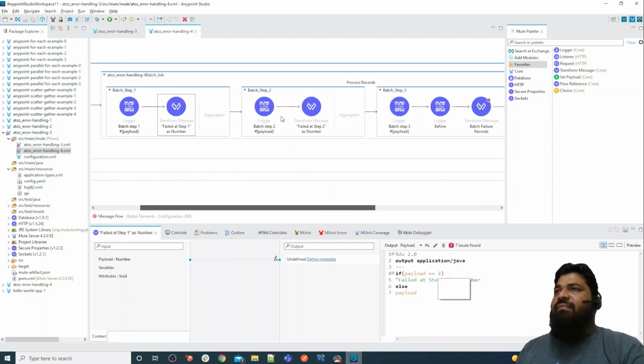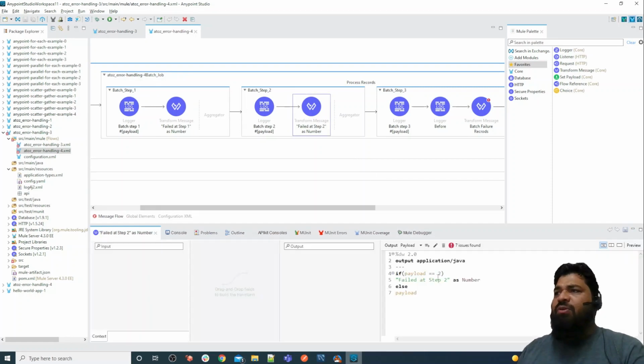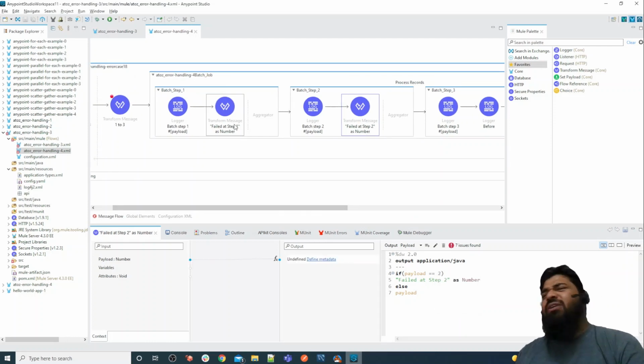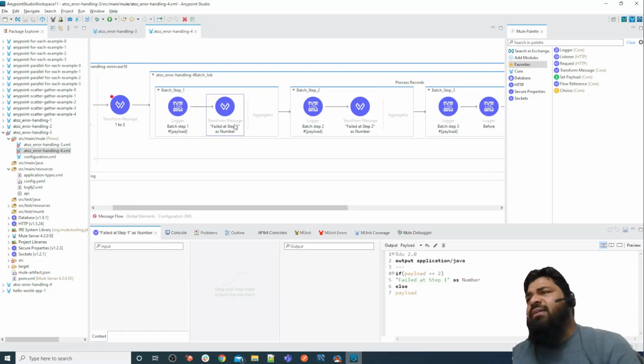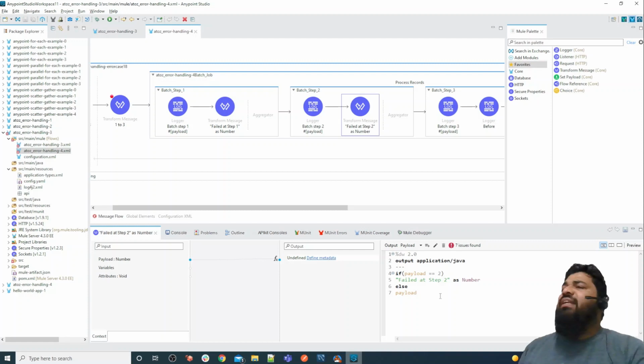When my step 2 is executing, at record number second I'm also converting a string into a number, so the record number second also throws an exception in step number 2. So the same record, record number second, failed at step 1, and again failed at step 2.